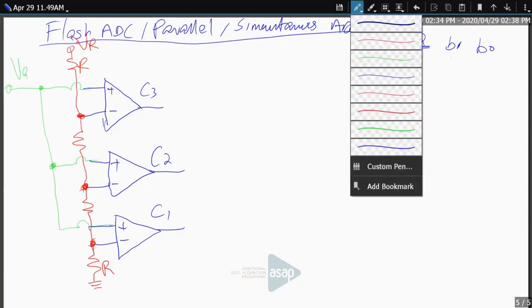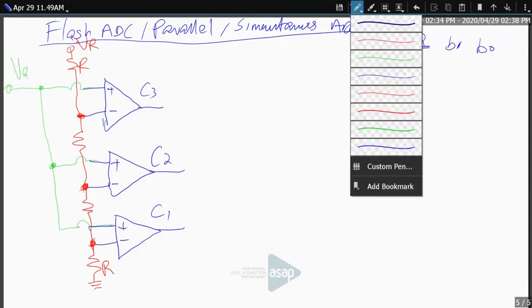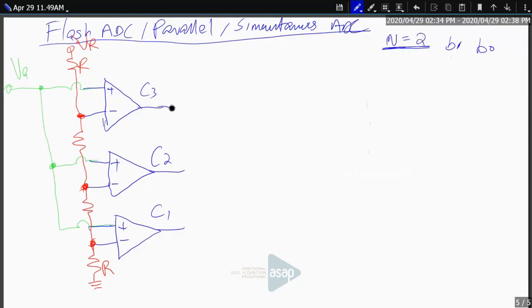The output of this comparator 1 is denoted C1, of the second one is denoted C2, and of the third is denoted C3. Of course, these are all op-amp comparators. Not the usual 741 op-amp is used here, but comparator operational amplifiers are separate, which can operate at a much faster rate. Fast comparators, they are basically called. And now,